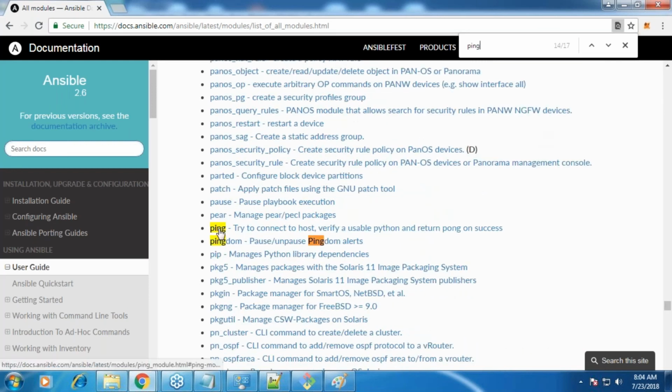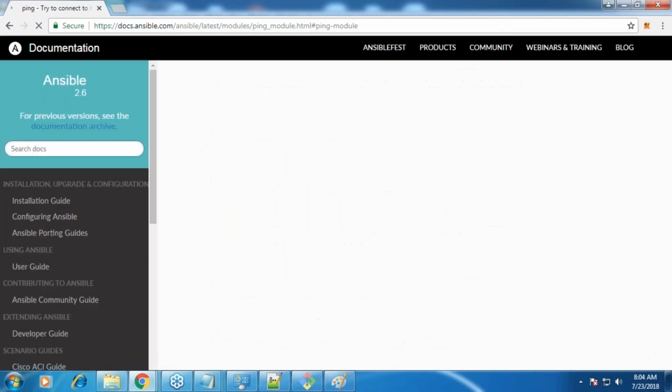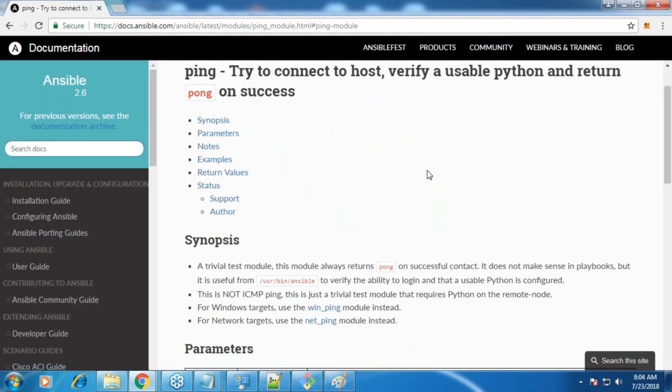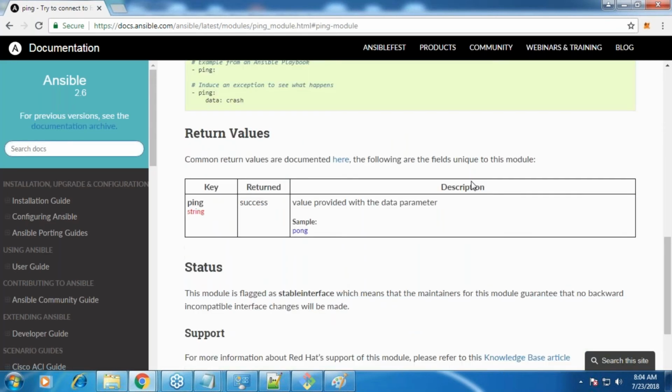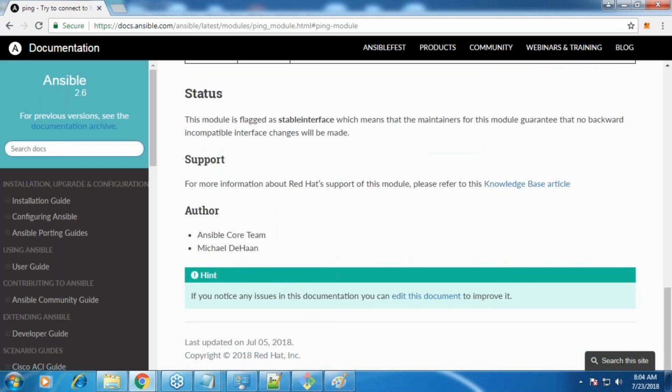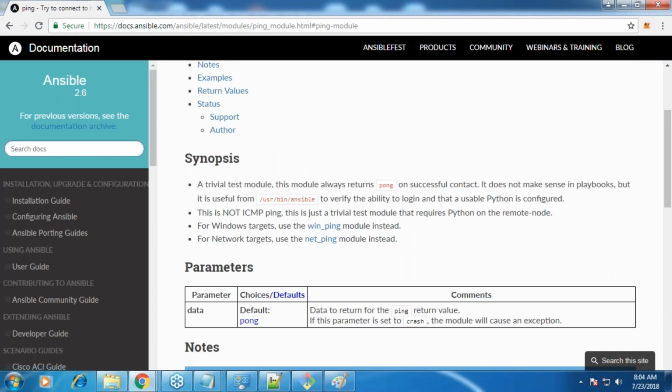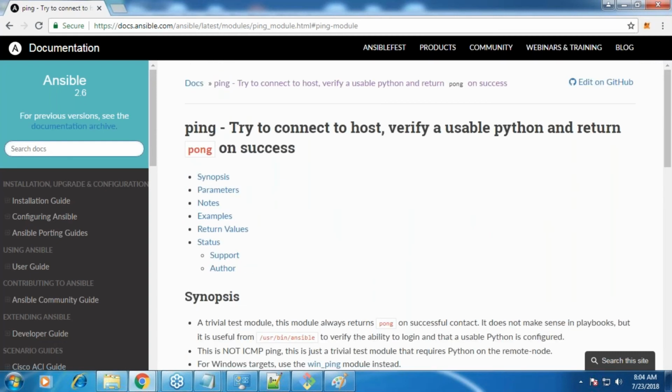This is the module which I was trying to use. This module will have its own examples, how to use it, what are the different values which you can use, all of that explanation. So we will be following Ansible's documentation quite religiously. Then we'll be able to basically use the stuff.